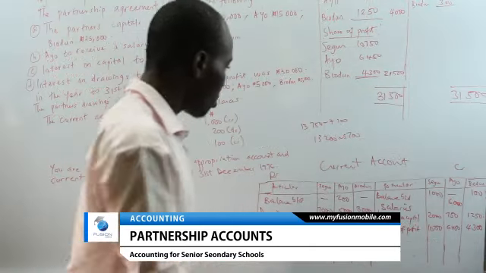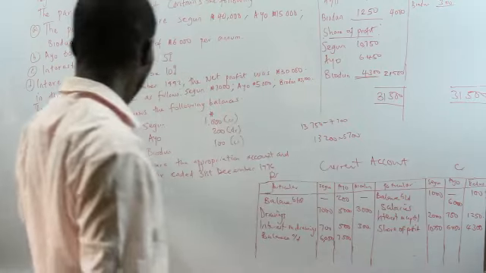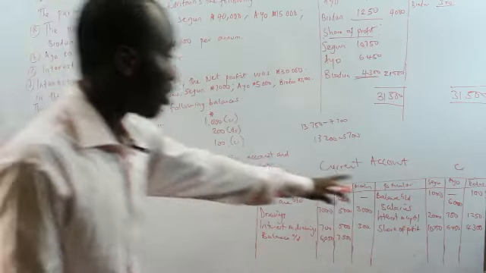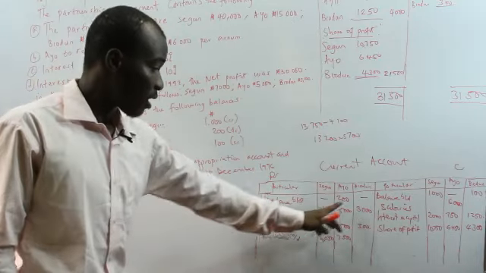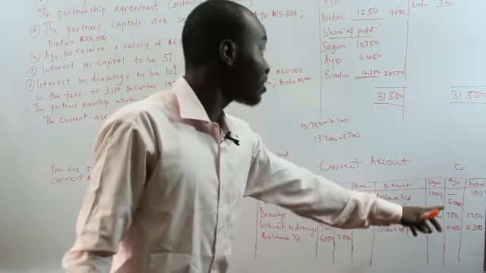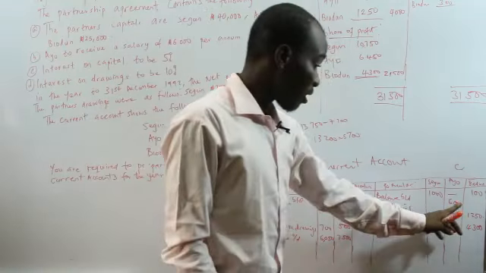Okay, so we have the capital accounts. Then we have balance brought down in the current account. Then we have Segun 1,000 naira, we have Biodun 100 naira. Then we have Ayo, which is having a debit balance in its current account. So we have salaries, partner salaries. Ayo didn't pay salaries, so that goes to his current account. So interest on capital will be this.